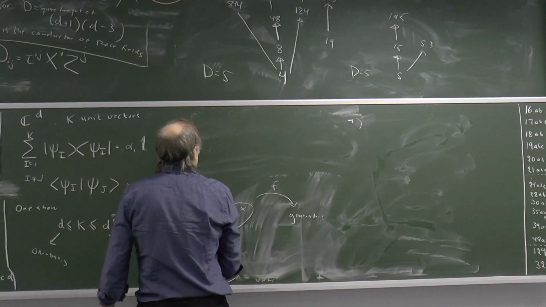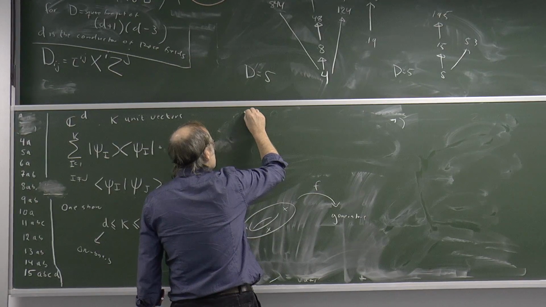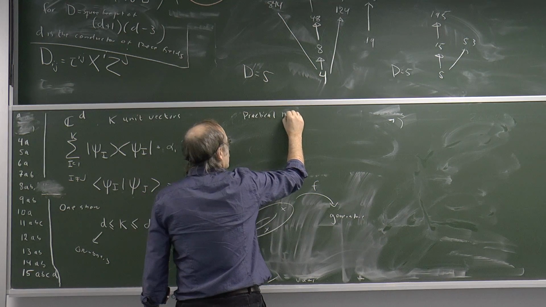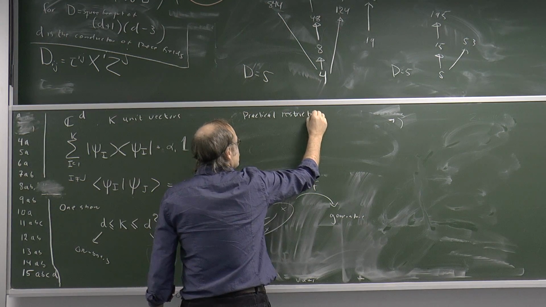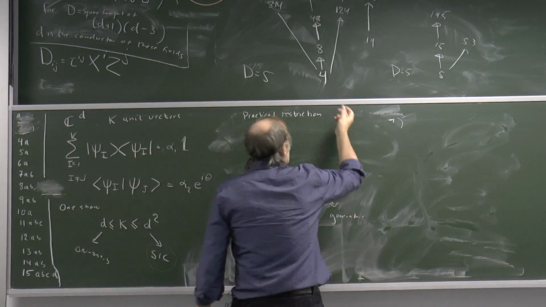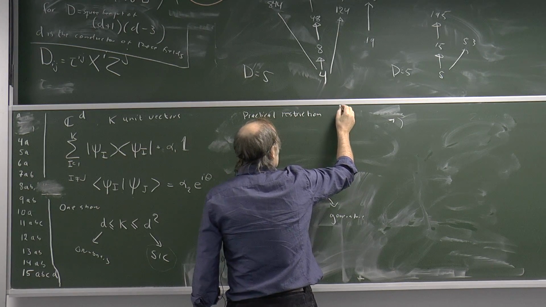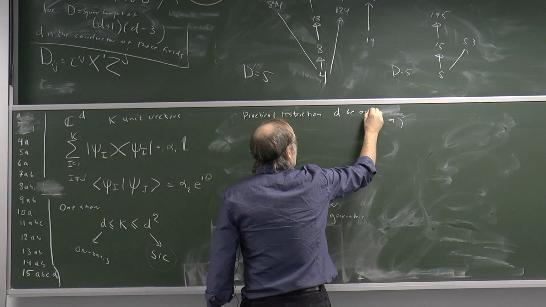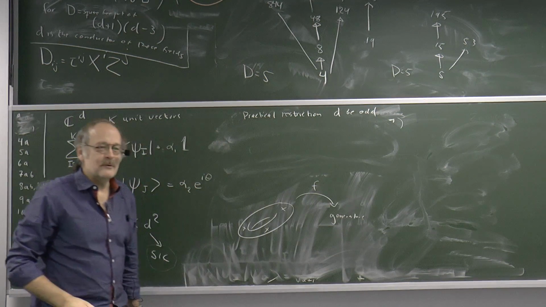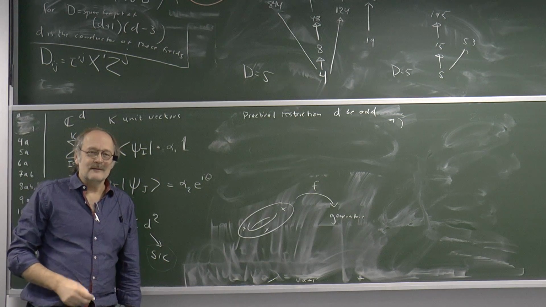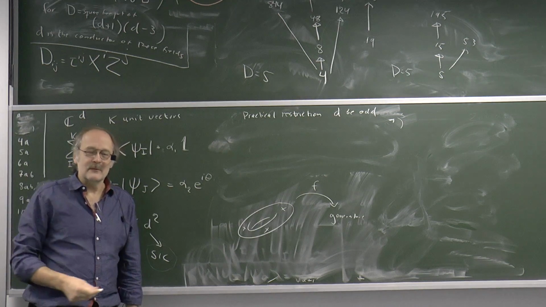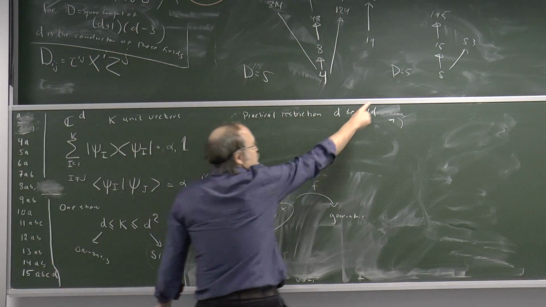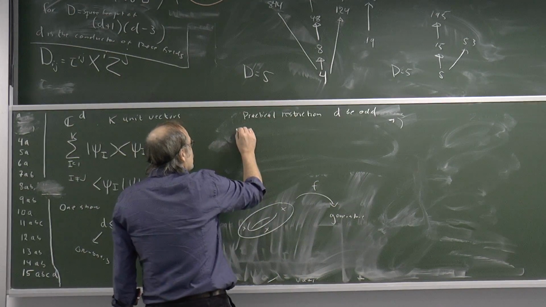Let me make a practical restriction, which will simplify my life. I'm going to tell you about the paper in which we actually didn't make that restriction, but let D be odd. For some reason, even dimensions are qualitatively harder to work with than odd dimensions. So for the purposes of this talk, let me suppose that D is odd. So for instance, we could discuss those. Then